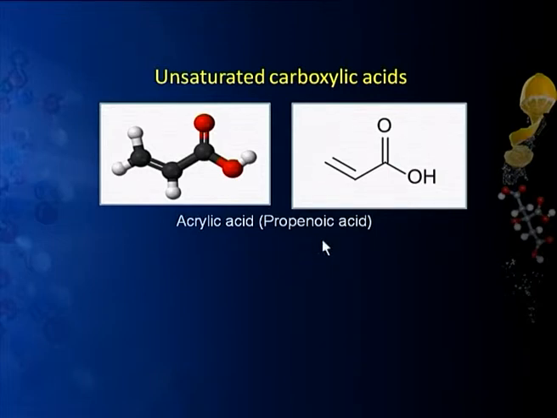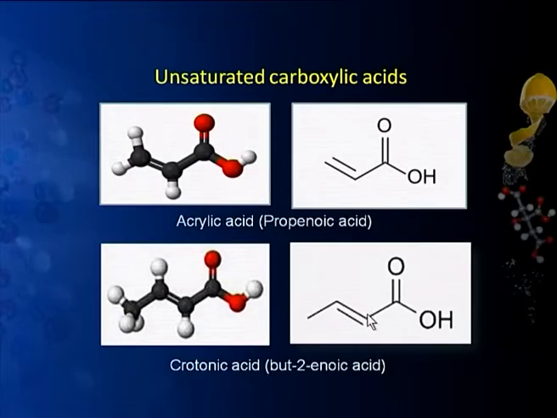Our IUPAC name for this acid will be propenoic acid, because it is a 3 carbon acid with a pi bond. We do not need to number the double bond, because as per the IUPAC system, the carbon which has the carboxyl group will be given the number 1. So there are only 2 carbons left, number 2 and number 3, and the double bond has to be between these 2 carbons. So we cannot write any other structure if I name the compound as propenoic acid. So we write it avoiding all the numbers.